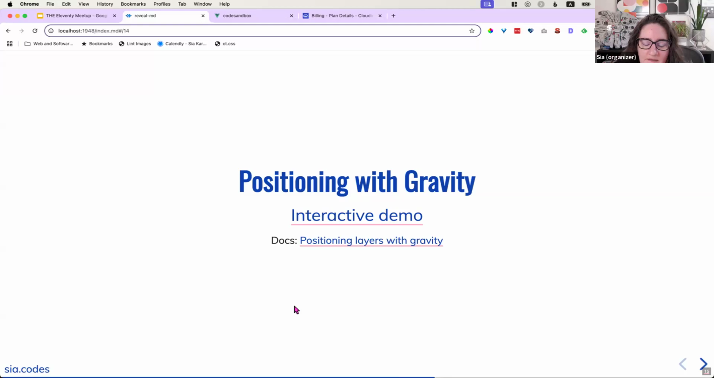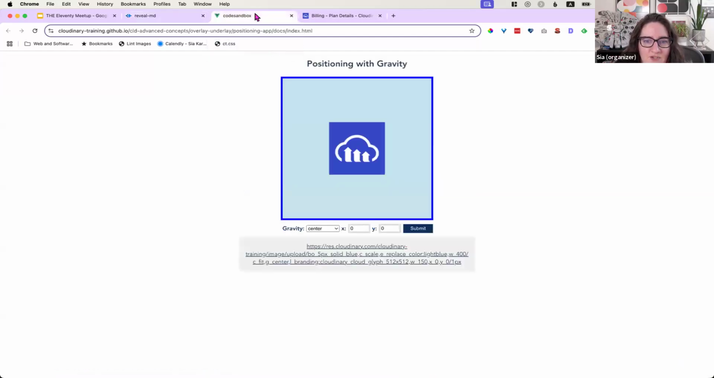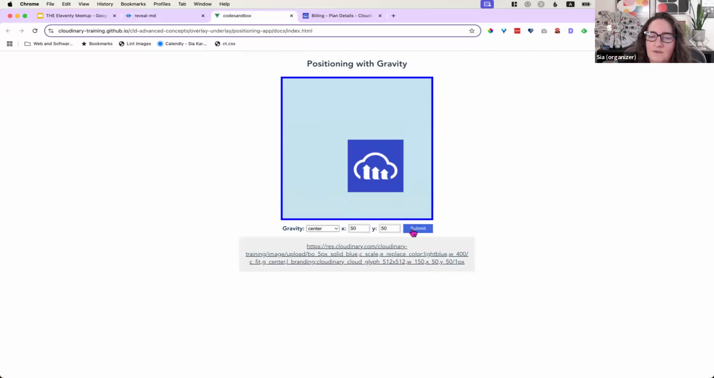What Cloudinary uses, they call it gravity. It's a way you can do different kinds of positioning. This links to this demo that I'm going to show you. So the default, I think the default positioning is center. You can see we have this image and it's in the center, and X and Y are 0. If I change X to 50, it will move it to the right. If I change Y to 50, it moves it down, which is a little bit weird to me,